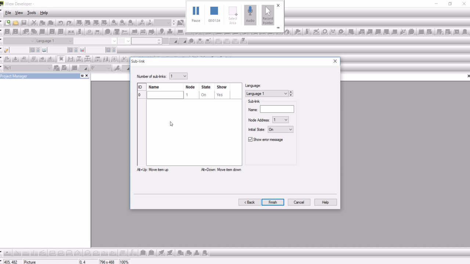So this is the sublinks. You can either keep it as only one sublink, so you will be able to actually have only one iSmart connected to the system, but if you do have more iSmarts, you'll be able to actually have the number as, say for example, 3 or 4 or 5 depending upon how many you have. So here for example I have selected number 3,